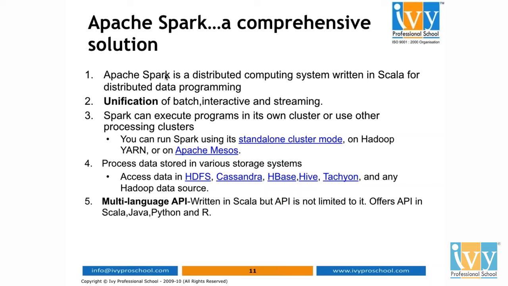Spark is actually written in the Scala language, and Scala is a functional programming language. I gave you the example of functional programming, Scala. So when we learn Spark, we are also going to learn the Scala language. Though it is written in Scala, it can support Scala, Java, Python, or R. So whichever language you're comfortable with, you can use with Spark out of these four.